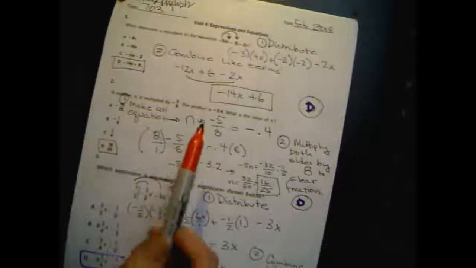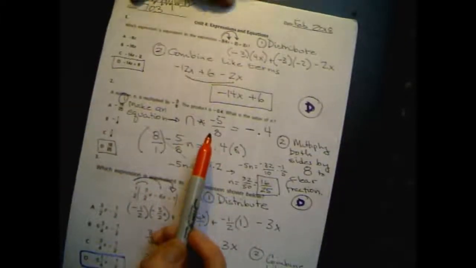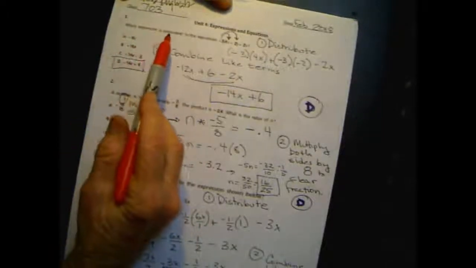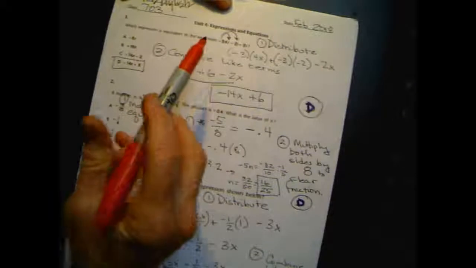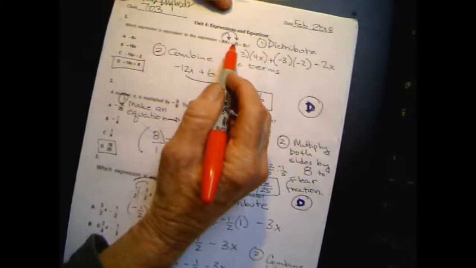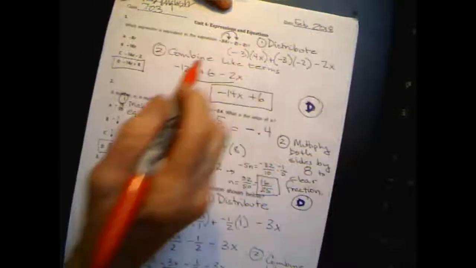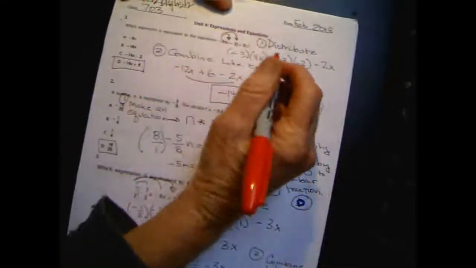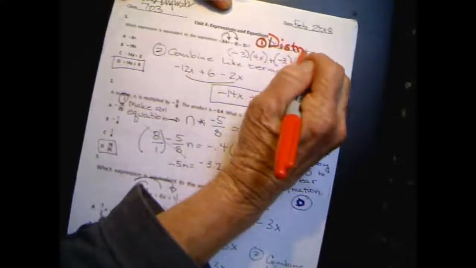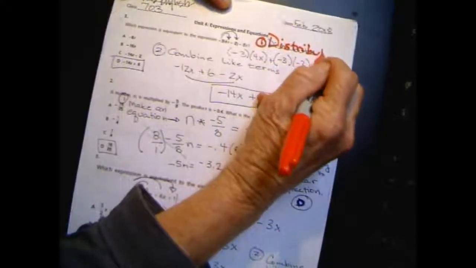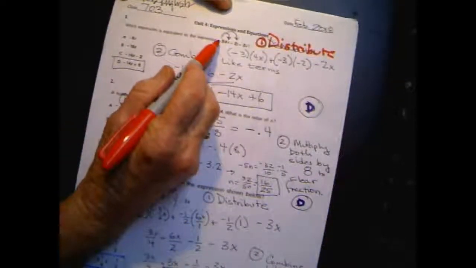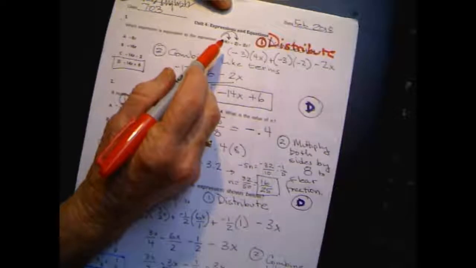There's an attachment if you can't read this very well, but the attachment is actually the exam itself. Which expression is equivalent to the expression -3 times the quantity 4x minus 2 minus 2x? So all I really need to do here is number 1, distribute. So distribute. When I distribute, I take the -3 and I distribute it or multiply it to each one of